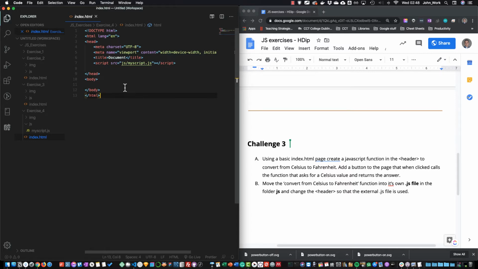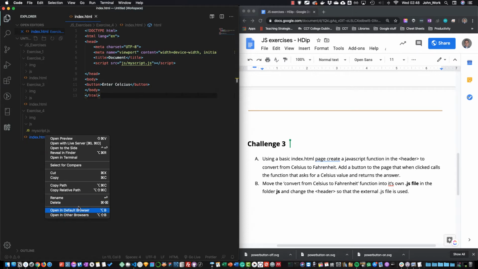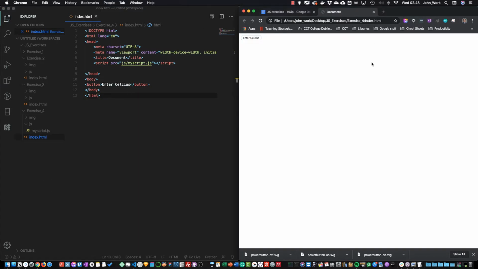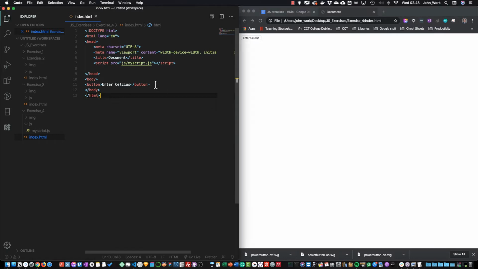Okay, so first of all, we're going to create a button, and I'm going to say enter Celsius. Okay, save it. I just open this page so that we can just refresh it every time. Okay, so obviously it's not doing it yet. So when we click on this button, what we want it to do is call a function. Let's say call it enter Celsius,